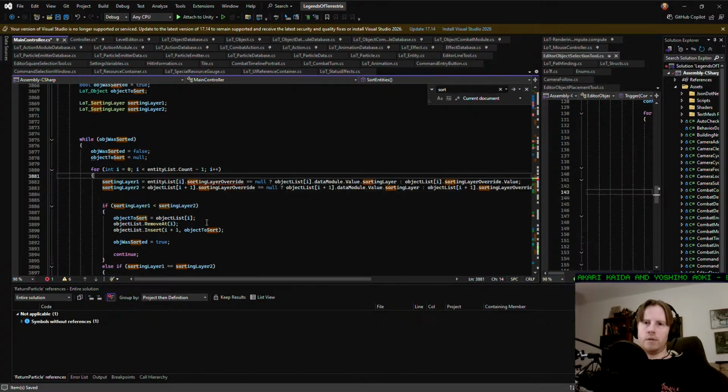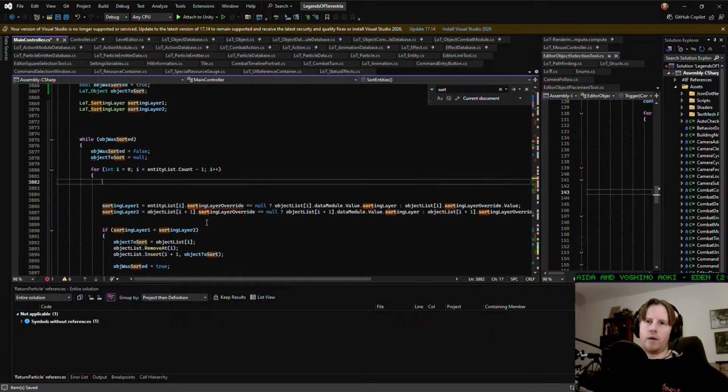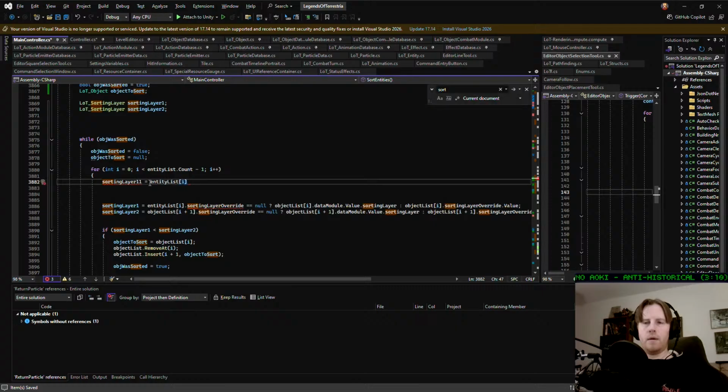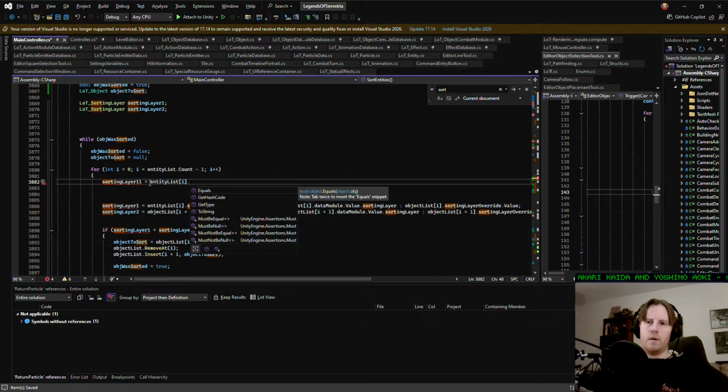So what we need to do is something more like sorting layer 1 equals if entity list I get type